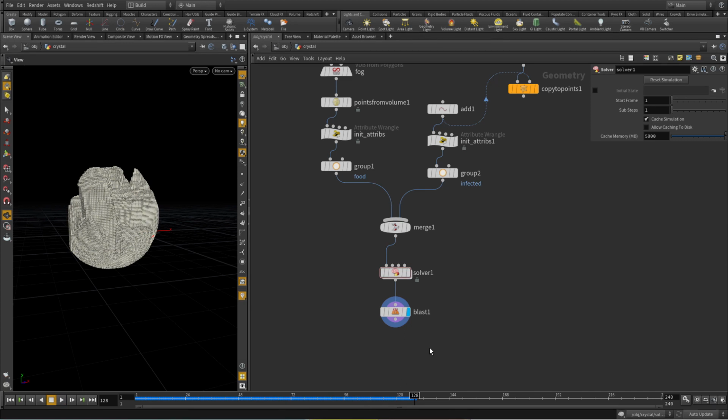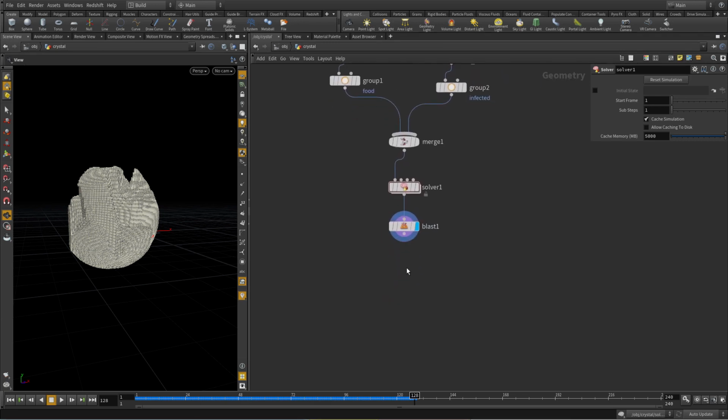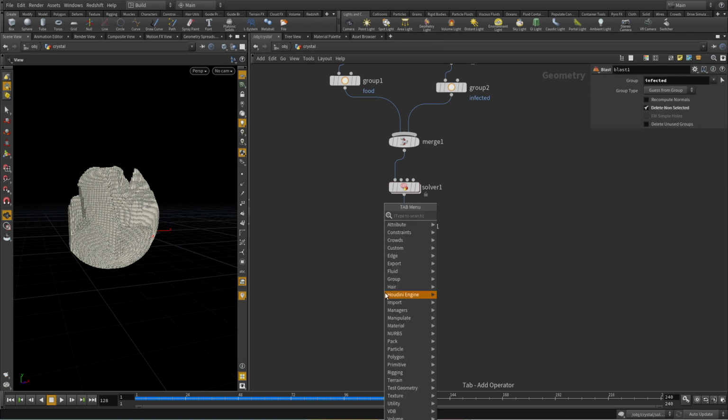Now that the growth is working nicely, what's left is to mesh the particles to give us a growing surface. We can do so with the same tools that we use in fluid meshing. That is VDB from particles, for example. Let's append a VDB from particles node here